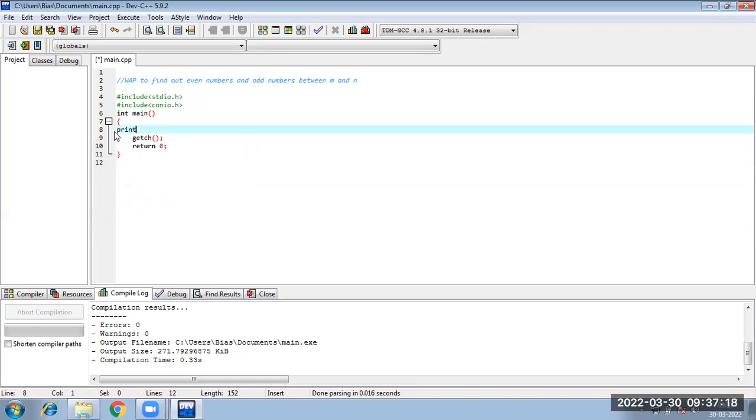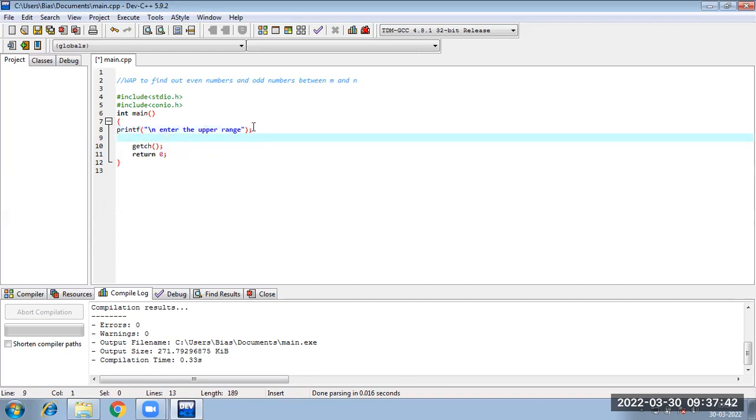So, the user will enter a starting range. Suppose I want to find out the odd even numbers between 1 to 10. I want to find out the odd even numbers between 20 to 30. So like this, the aim is 20 and n is 30, right? The upper range and the lower range. The user will specify this. Fine. So the upper range I am taking